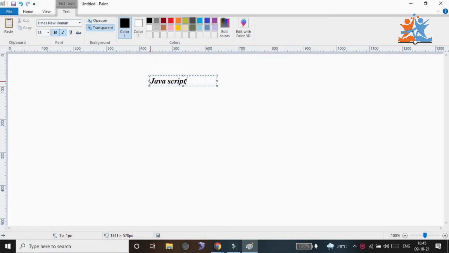So the basic agenda is this: if you want to learn Ajax, Angular, React or Node, whatever it may be, the basic concept we need to know is JavaScript. JavaScript was introduced from 1997 onwards, up to 1999. They released ES version 1, ES version 2, ES version 3, like that.